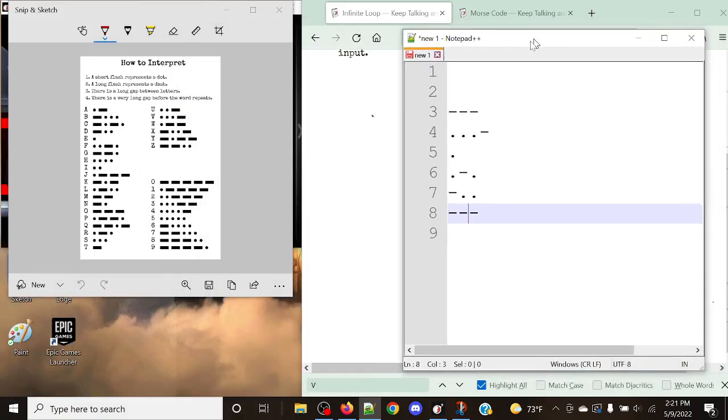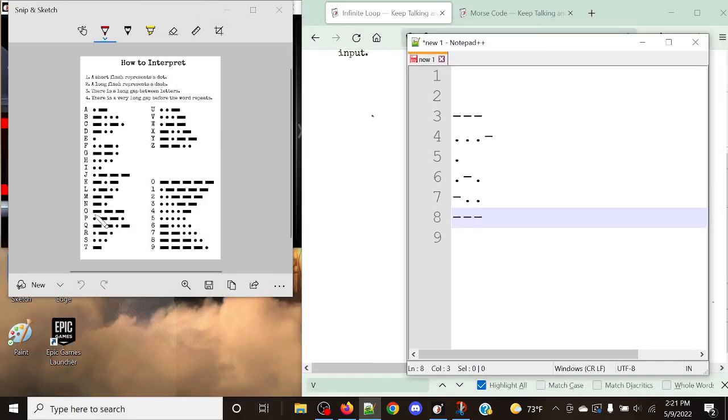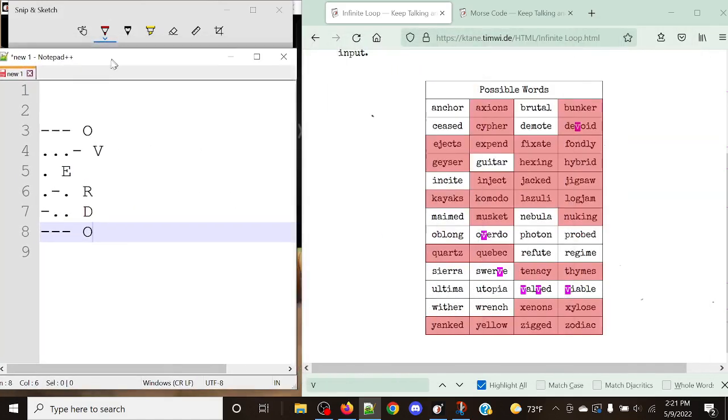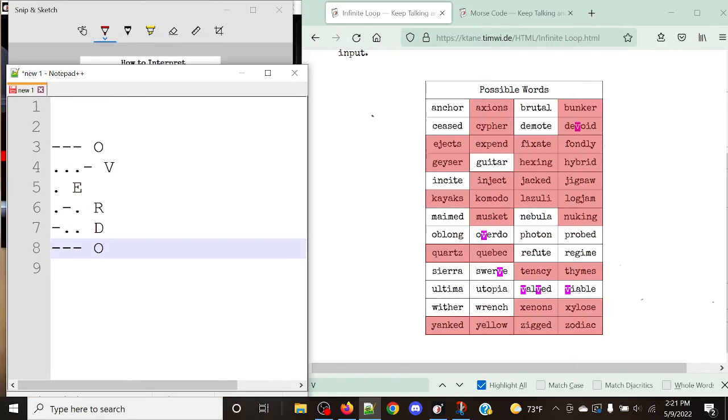Let's take a look and let's see if this makes sense. So Oscar is dash dash dash. Okay. Victor is dot dot dot dash. Dot is an Echo. Romeo is going to be a dot dash dot. Delta is going to be a dash dot dot. And Oscar is going to be a dash dash dash. Our word is overdue. That's all you really want to do with it, is you want to find sort of